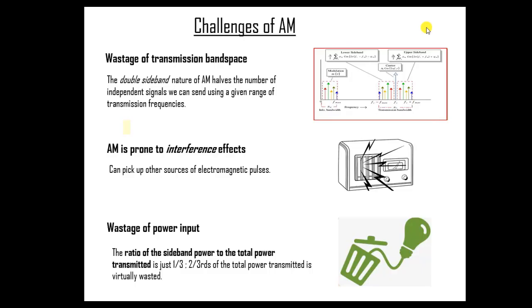We finally turn our heads to some challenges that amplitude modulation poses. First is that it renders a lot of transmission band space useless. The amplitude modulated wave essentially carries two copies of the modulation pattern, one in each transmission sideband. As a result, it occupies a transmission bandwidth that is twice as large as that of the original information. The number of independent transmissions we can make will be limited by the range of frequencies available and how much